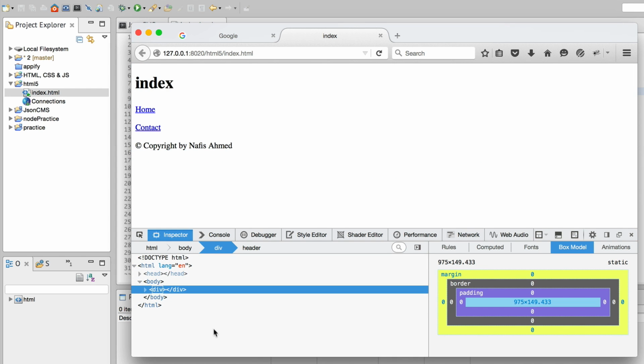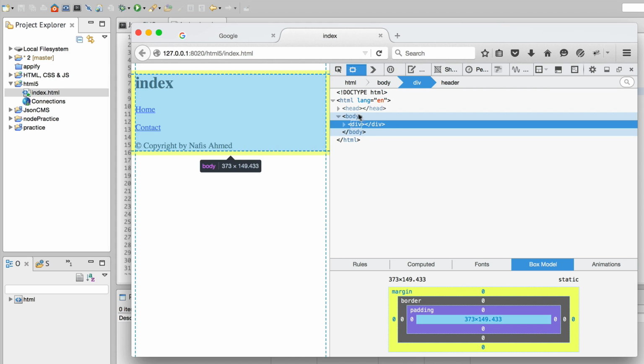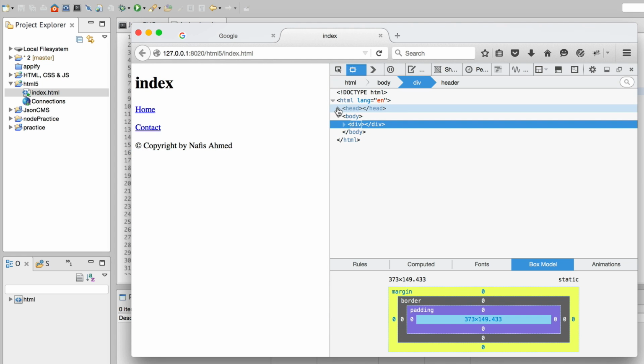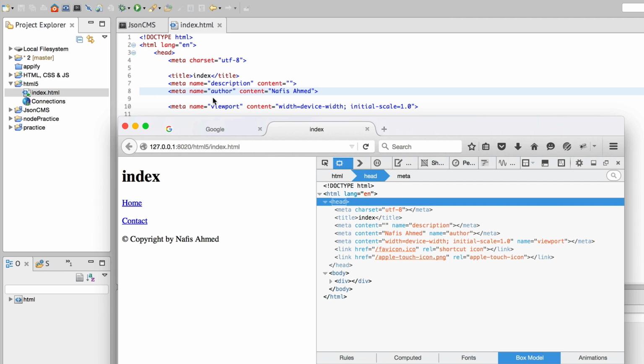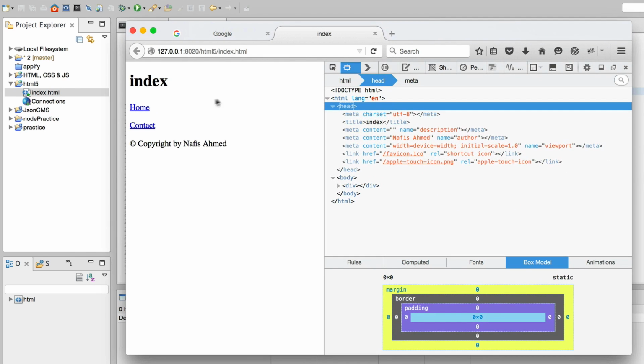It might appear at the bottom of the browser, but if you want to keep it at the side, just click on this dock to side of browser window. It will automatically dock it after you click on it. So let's examine the entire stuff. Let us first look at the head section. Let's twirl it down, and we can see that what we have written in our raw HTML template is giving us the same stuff inside this page,